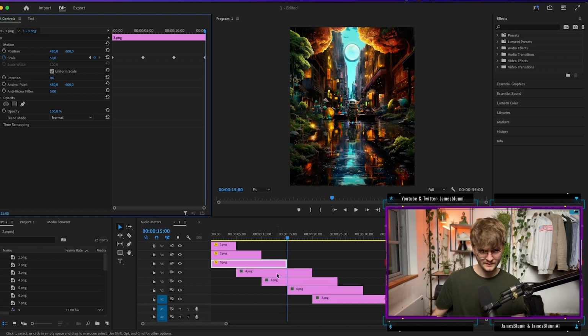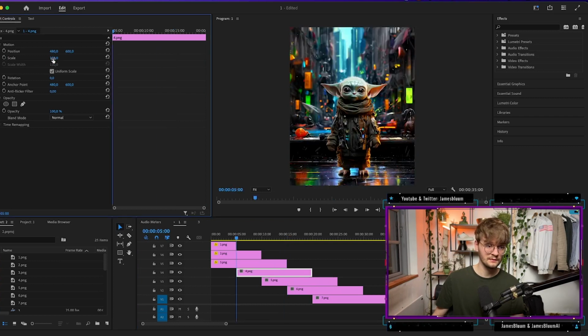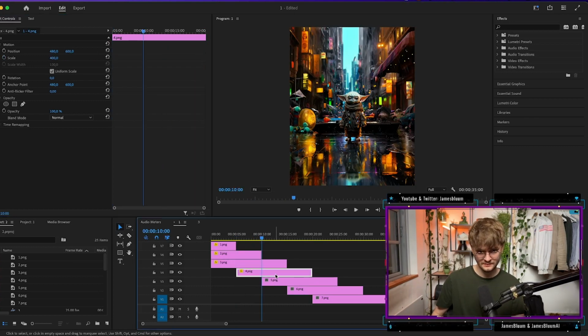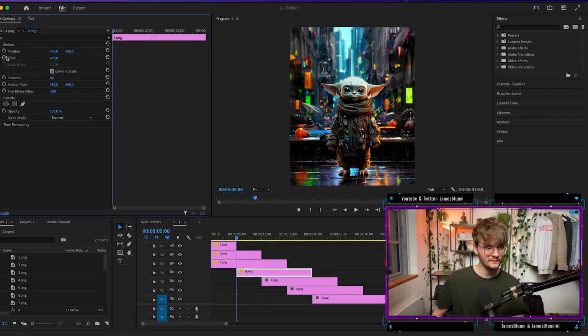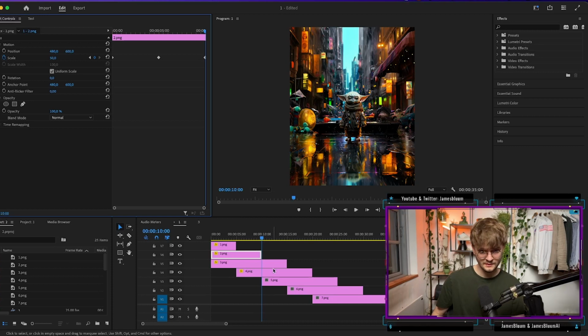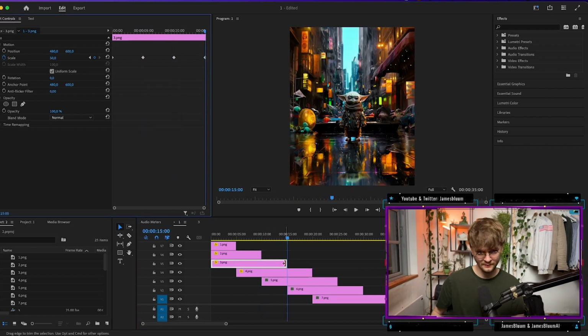Now it's just going to be the same process as with image number 3. So we're just going to say 400, pick image number 2 this time, go to the end, go back to image number, oh, and now I forgot to make the keyframe. So we make the keyframe at 400, we go to image number 2, go to the end, go back to image number 4, say 200, then we go to the end of image number 3, go back to image number 4,